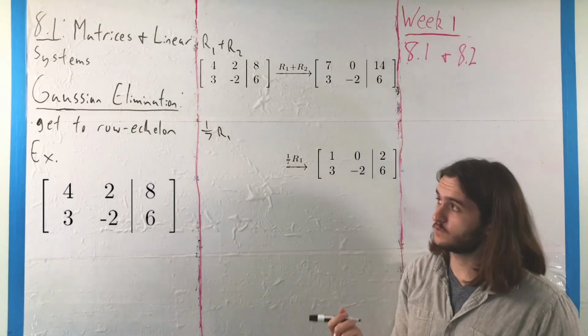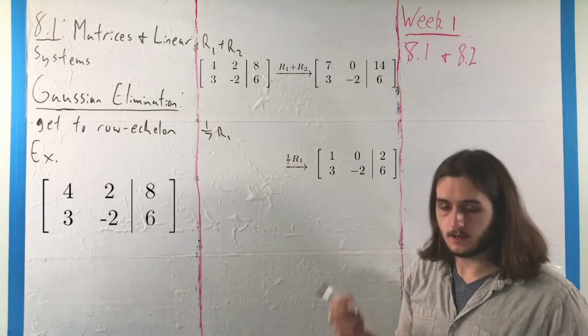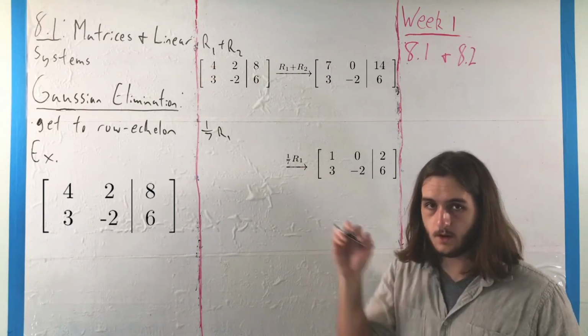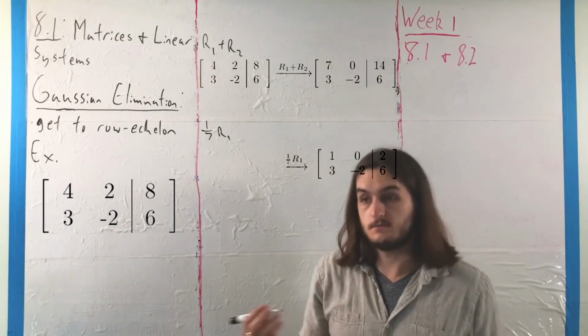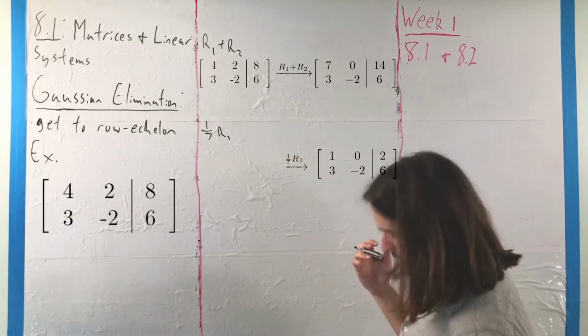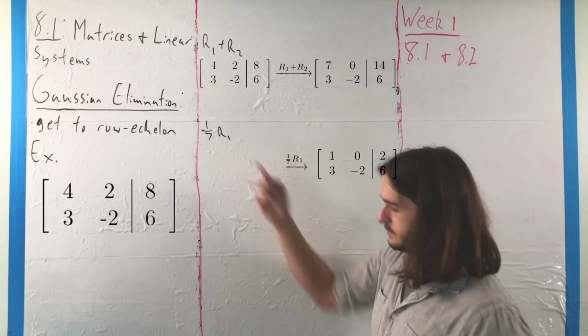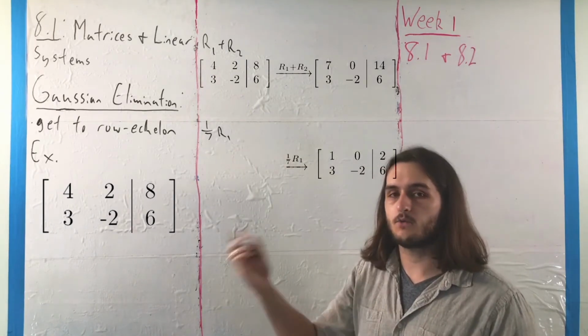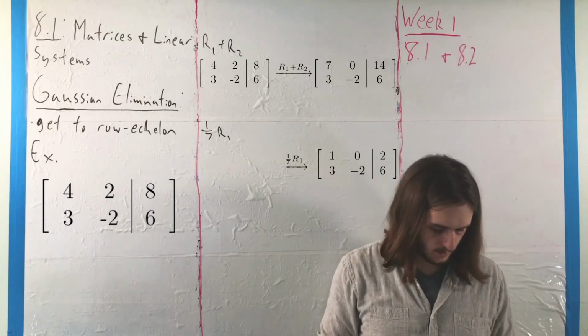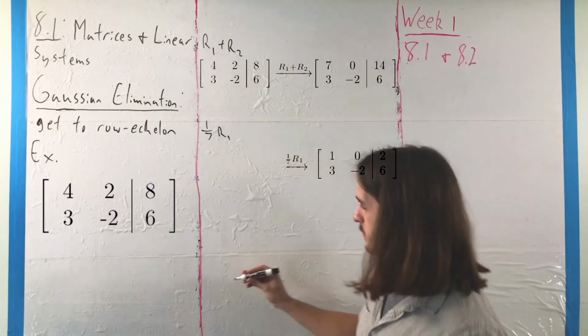Multiply 1/7 times row 1. And then in the third step, now that we have a 1 in that first part of the diagonal, and we have a 0 in the second part, which is nice but not necessary, we then take the pieces that we have for row 1 and use them to get rid of that part that's blocking row echelon in the second one. That is, we're going to take